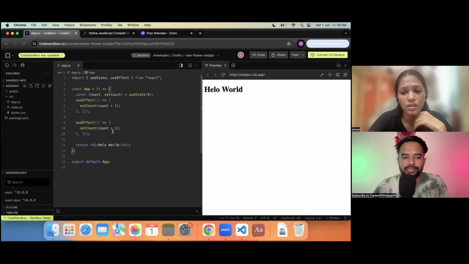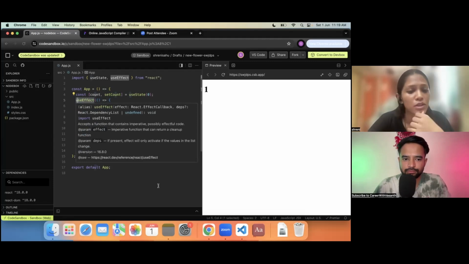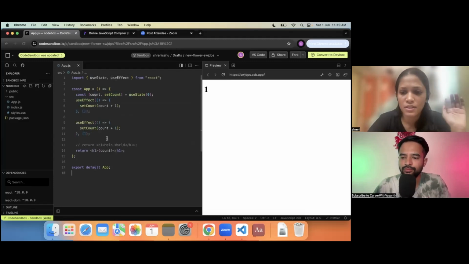Okay. Let's replace hello world with count again. If we can, comment it out so we can keep reusing it in the future. Yeah, agreed. Refresh only the right side. So we're still getting 1, Sheeni. Can you tell me why it is still 1? I suspect that as soon as useEffect is called, both useEffects will be called for sure.